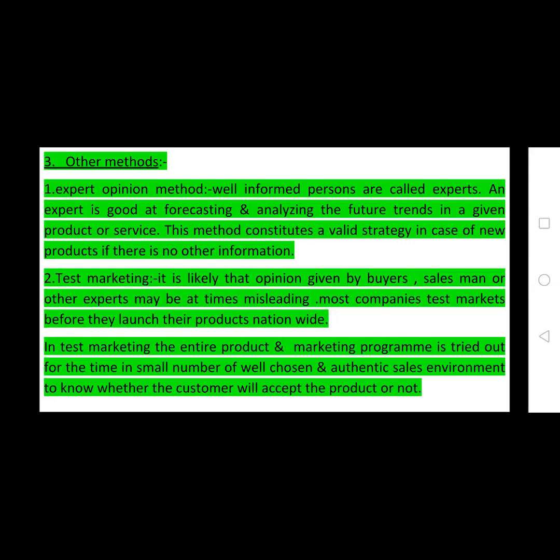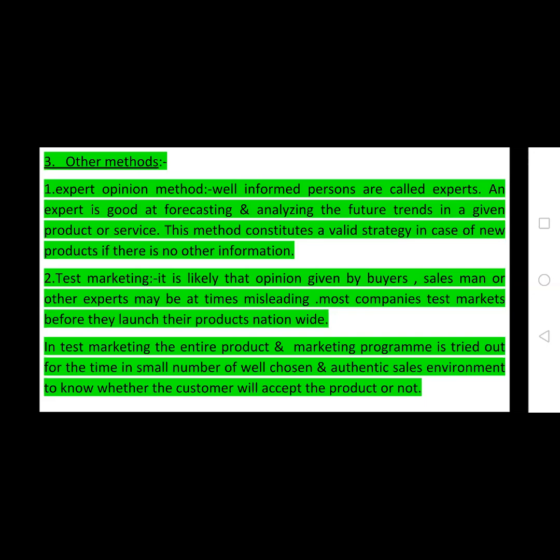For example, if you want to estimate the future demand for a product overall in the country, in these situations you only introduce the products in the main cities, like the capital cities of a country. Depending upon the sales in these capital cities, you estimate the future demand for a product.